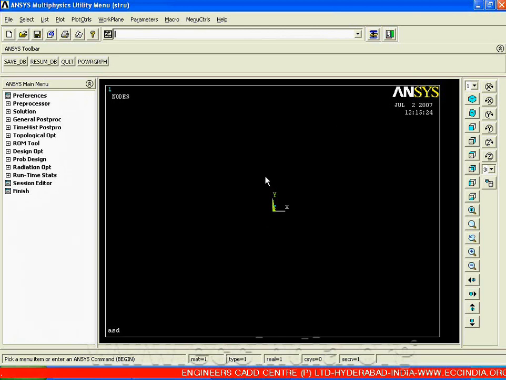Over here we have X and Y axis, and Z is exactly in the center. If we go for an isometric view, we can see X, Y and Z over here. This particular location is your 0, 0 or global origin. We can call it your global coordinate system. And now we are going to see what exactly the ANSYS main menu is.